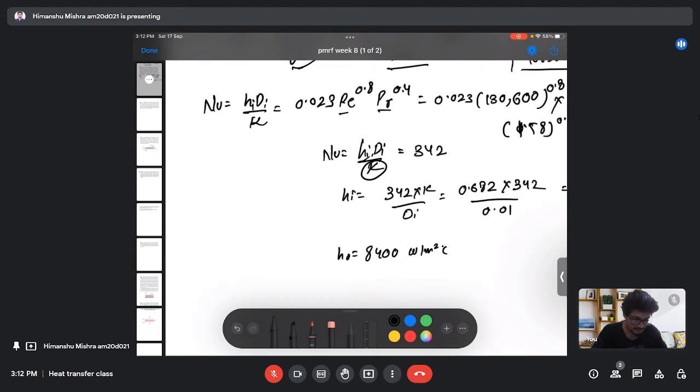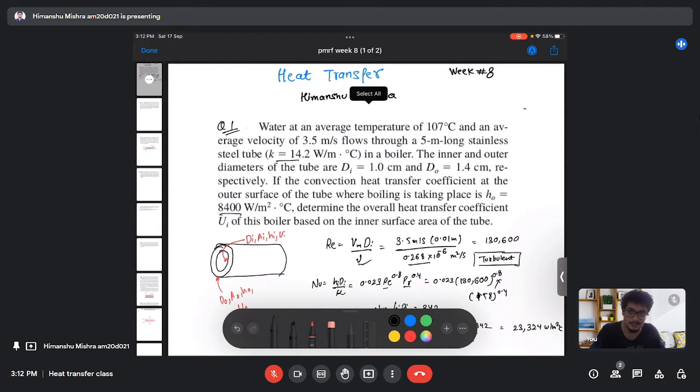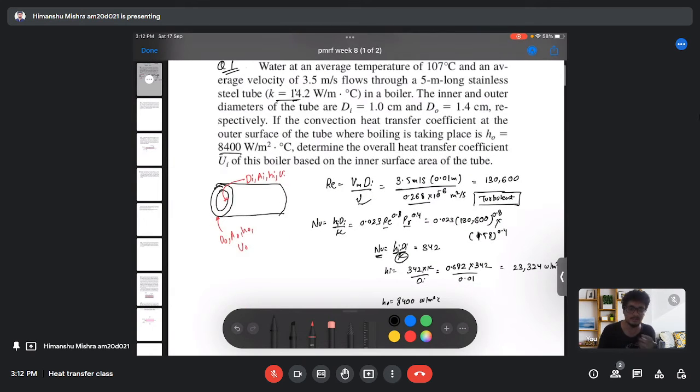So in the Nusselt number expression, you need to use the thermal conductivity of the fluid, and in the question, the thermal conductivity of the steel tube is given. So you have to ignore this value. You need to use the thermal conductivity of the flow in the Nusselt number expression, whereas in the Biot number